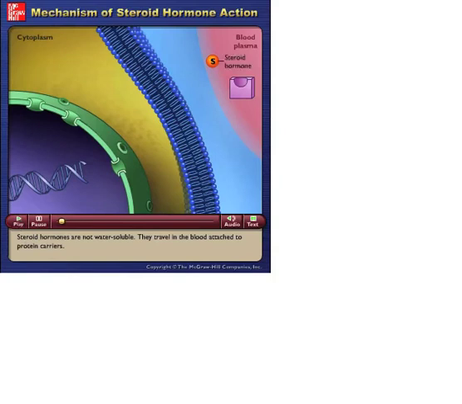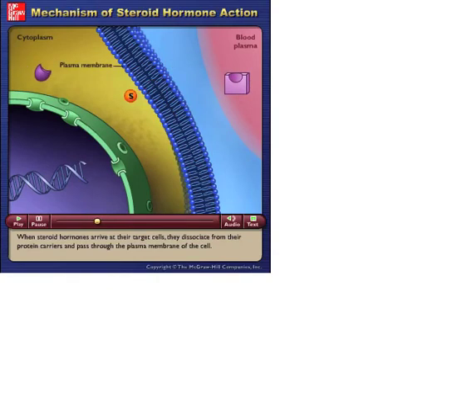Steroid hormones are not water-soluble. They travel in the blood attached to protein carriers. When steroid hormones arrive at their target cells, they dissociate from their protein carriers and pass through the plasma membrane of the cell. Some steroid hormones bind to specific receptor proteins in the cytoplasm and then move as a hormone